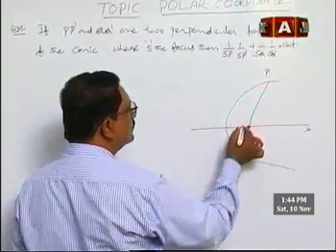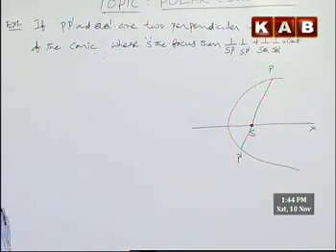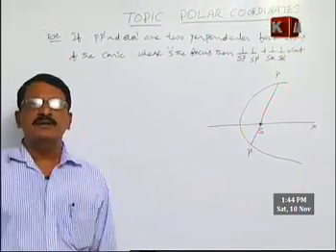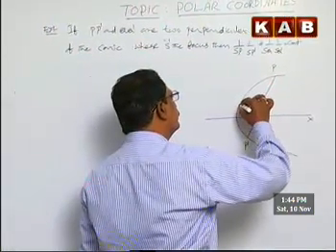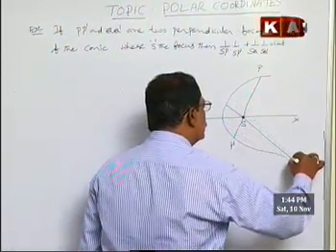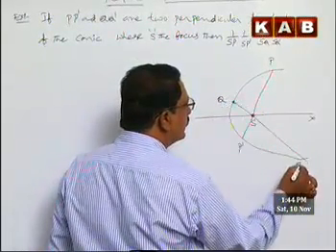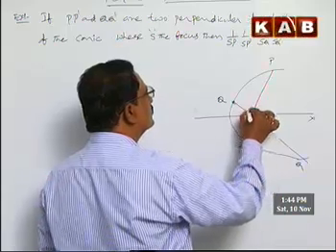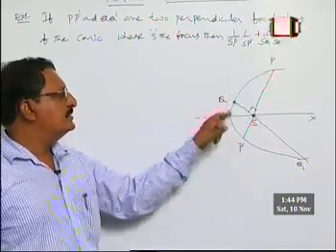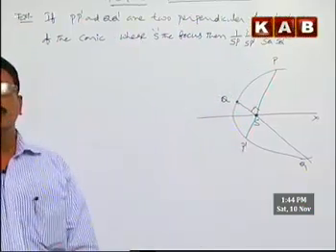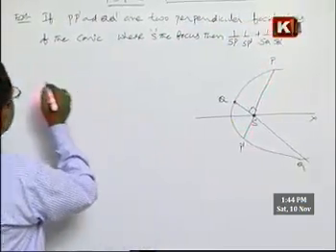Next QQ dash is also a focal chord, but it is perpendicular to PP dash. PP dash and QQ dash are two perpendicular focal chords. Now show that 1 by SP into 1 by SP dash plus 1 by SQ into 1 by SQ dash equals to constant. Now let the equation of the conic